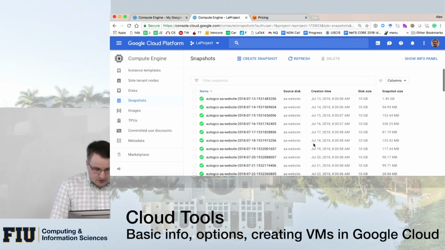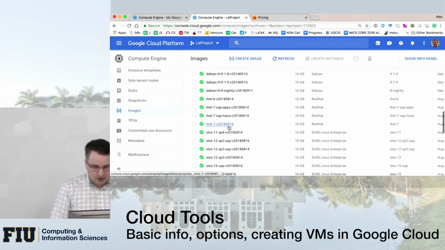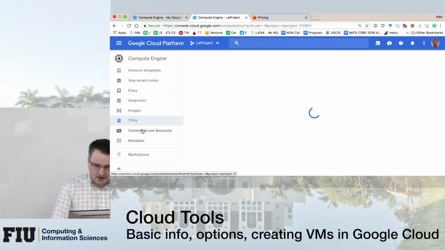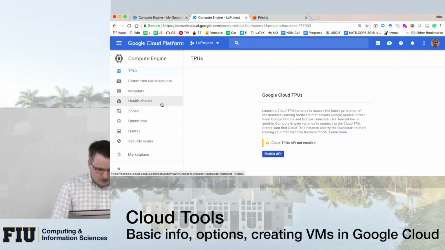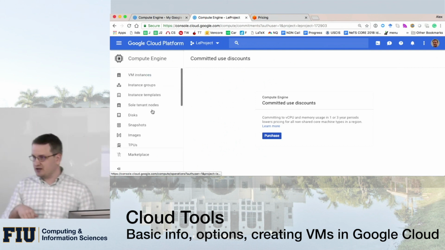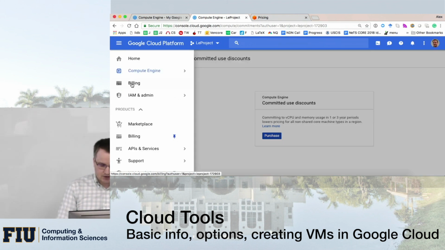Images is just images of whatever VMs already exist there, or you can not upload, but create new ones. TPUs, I have not seen this before, but something about AI processing. Discounts, okay, that's a lot of different other stuff, and this is just inside this Compute Engine. And for the purposes of this class, we'll probably just use this Compute Engine part of the Google Cloud. But you can also see there's a bunch of other things that exist, and I hope we'll be able to